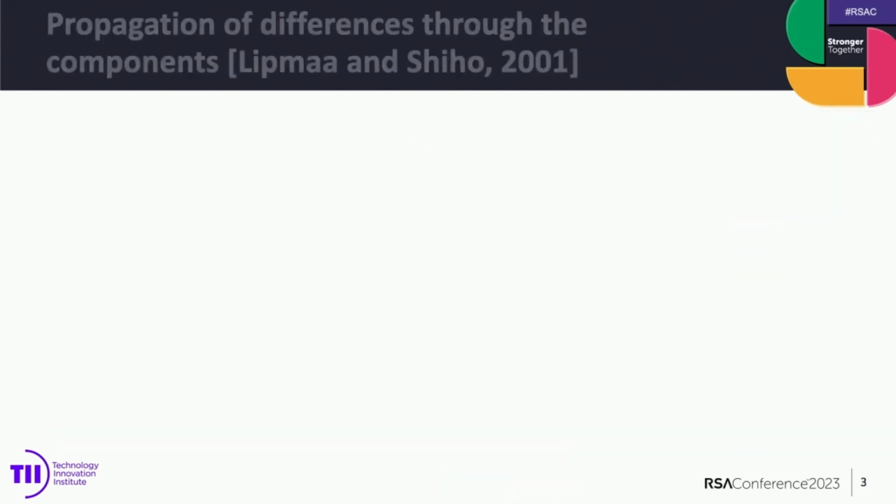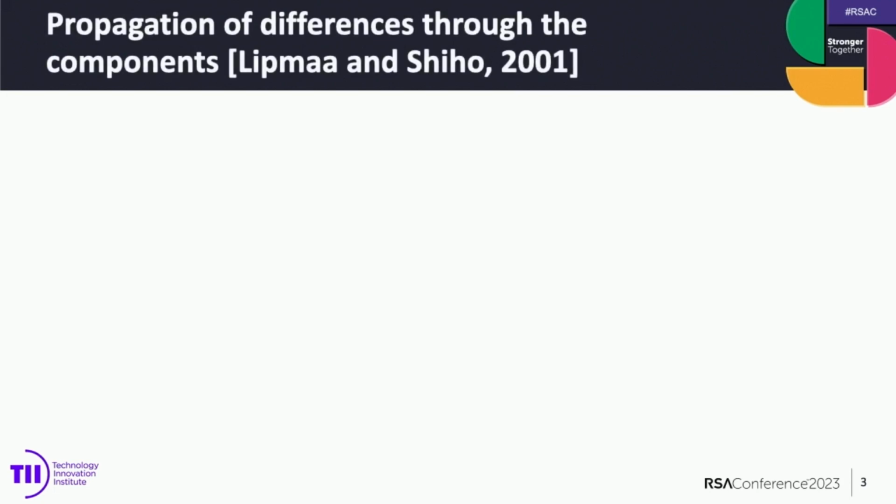It is possible to find this property, the differential property, in a mathematical way. The answer is yes. To do that, we need to see how the difference propagates through the components of the cipher, and after that, see how this propagation occurs through the rounds and, in consequence, through the entire cipher.